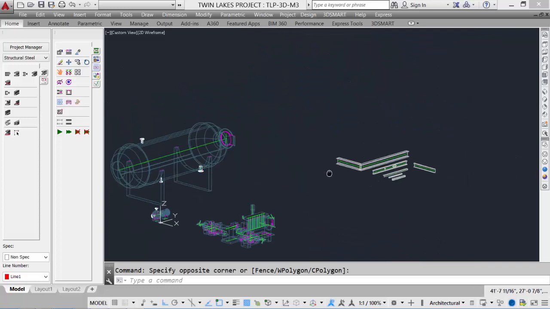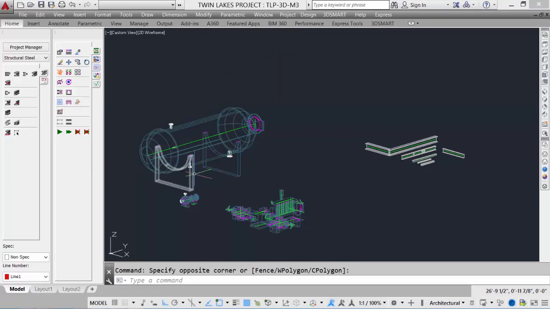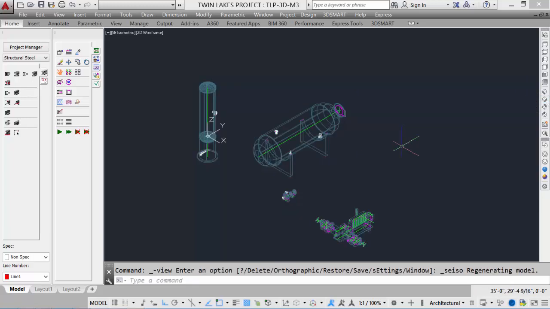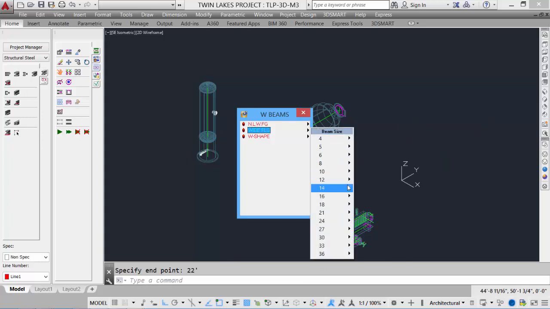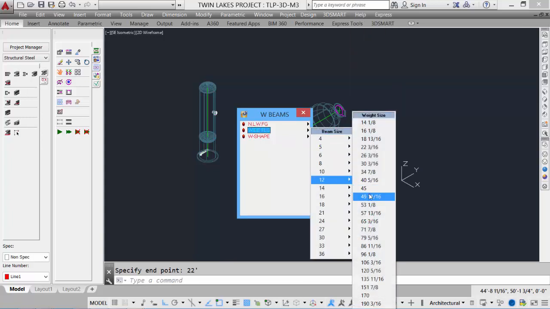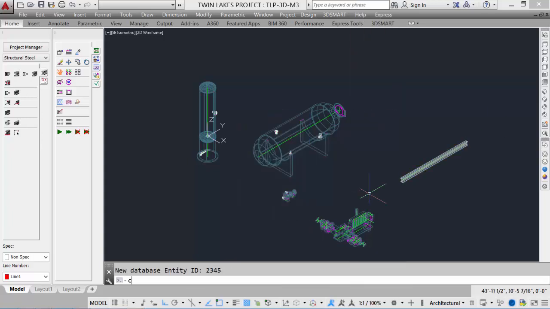So let's zoom out and add a skid to place our horizontal vessel on. We'll just erase all these components, go back to an isometric, and we'll build this skid over here, and then we'll move it onto the equipment after. So we'll start off, we'll place a wide flange. We'll give it the length of 22 feet. Pick a wide flange. We'll use our sample 12 by 49, and we'll hit enter. Copy that over